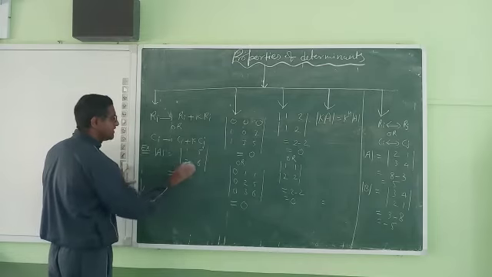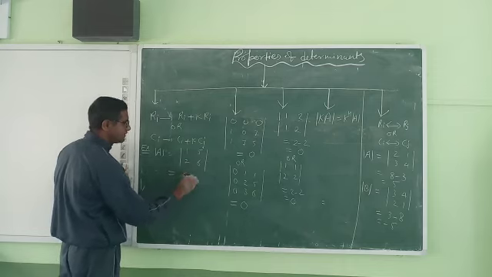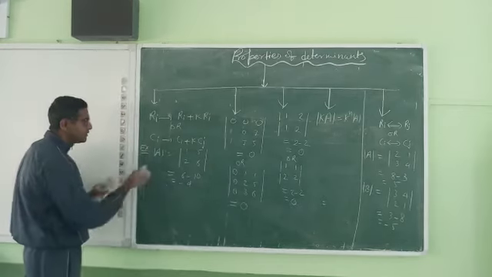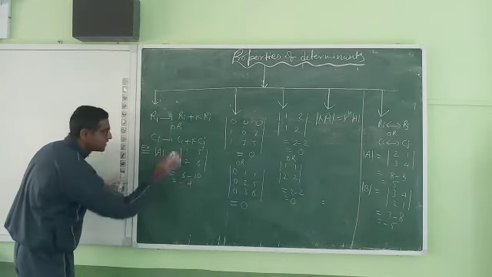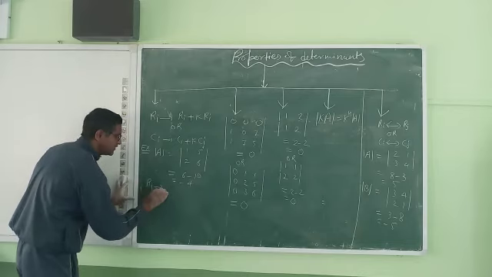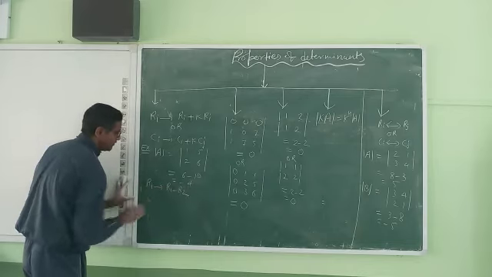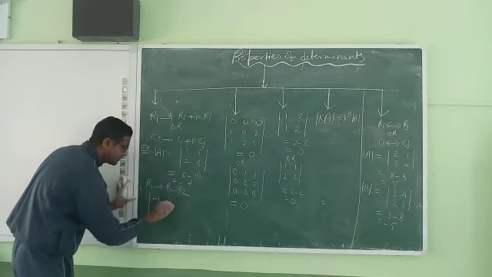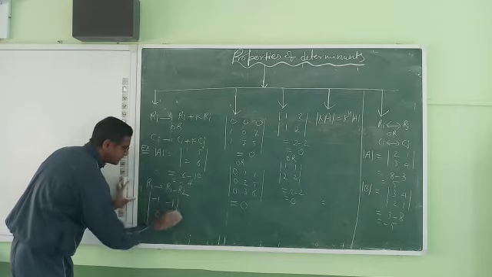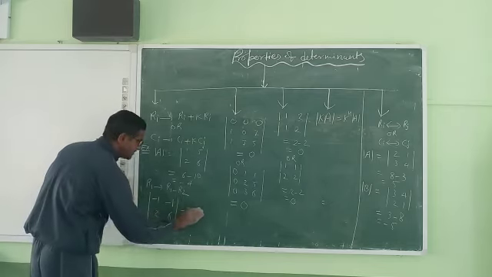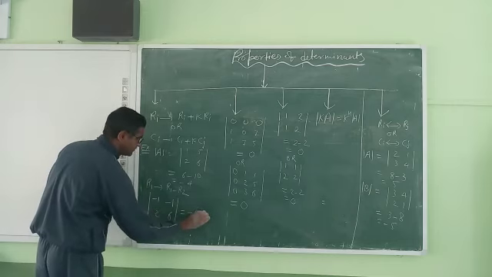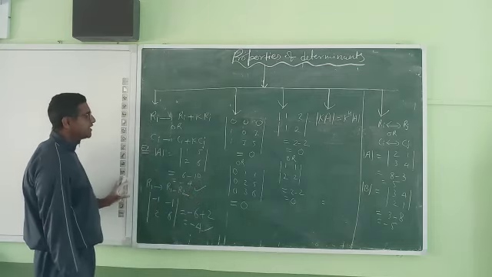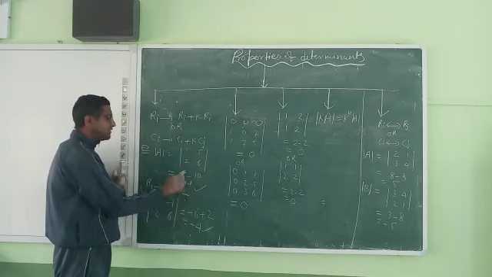The value of the determinant, if I solve it directly: 6 1s are 6, 5 2s are 10, and 6 minus 10 is minus 4. If I solve the same problem with the help of an operation, R1 changes to R1 minus R2, I will find 1 minus 2 is minus 1, 5 minus 6 is minus 1, then 2, 6. So minus 6 plus 2 equals minus 4. I get the same value. It indicates the value of the determinant will not change.